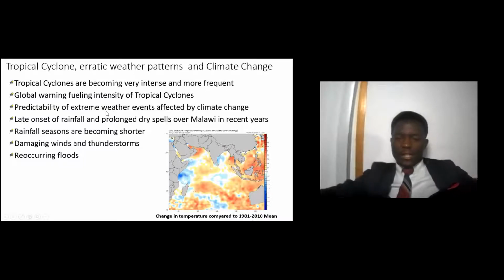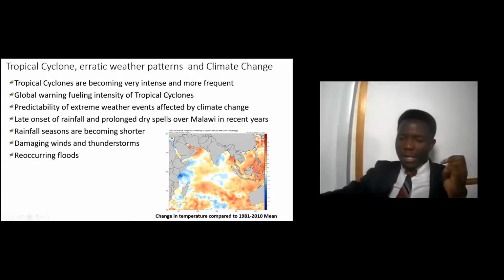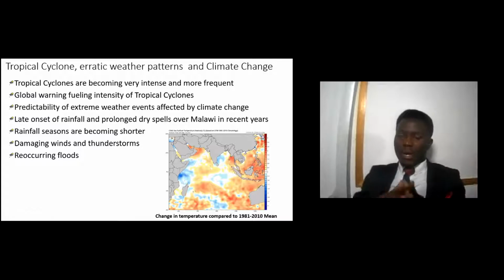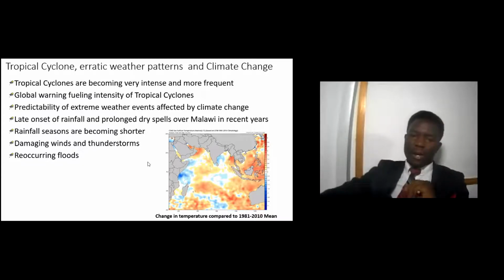This is being fueled by global warming, because tropical cyclones first need a lot of heating in the ocean. We are warming the globe, including our region here, and that is where we are seeing a lot of cyclones developing and intensifying,